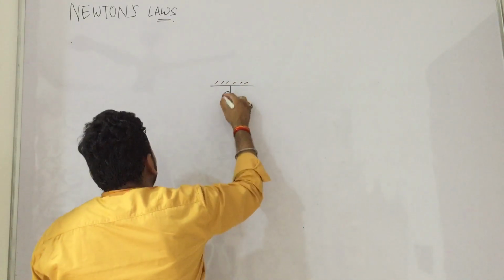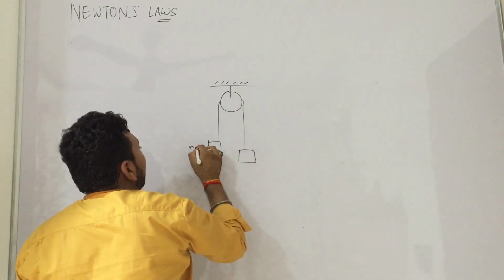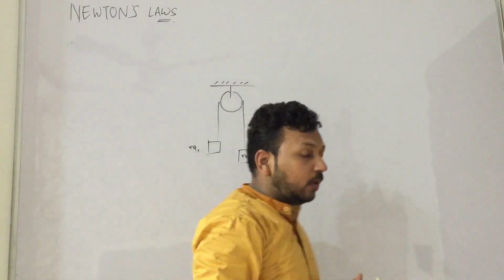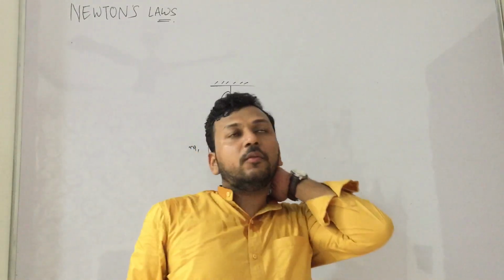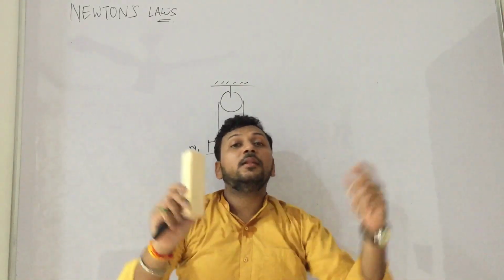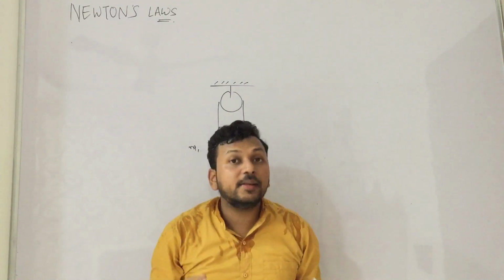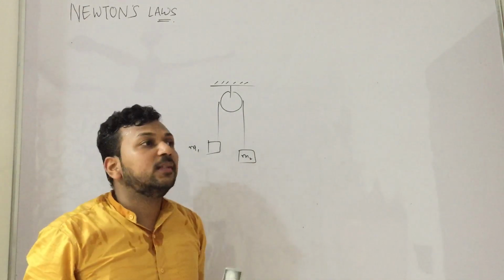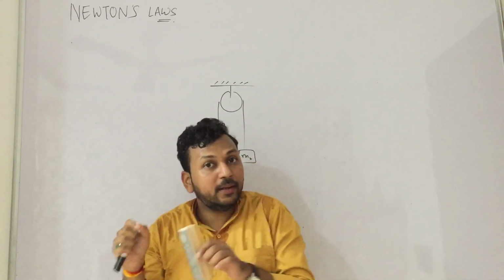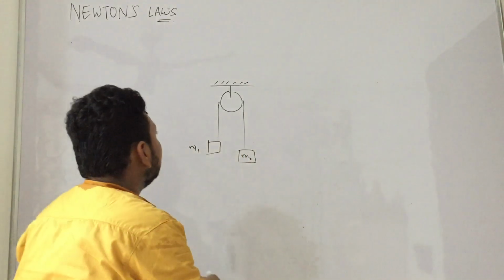Suppose there is a pulley and two masses, m1 and m2. So how do we make the FBDs? First of all, understand that when there is a string, the tension in the whole string will be the same. We are considering the string is massless, the pulley is massless. So it cannot happen that a string is so tight here but so loose there, because it is the same string. How can it happen?